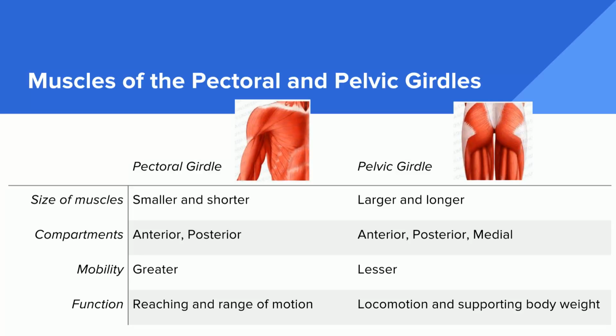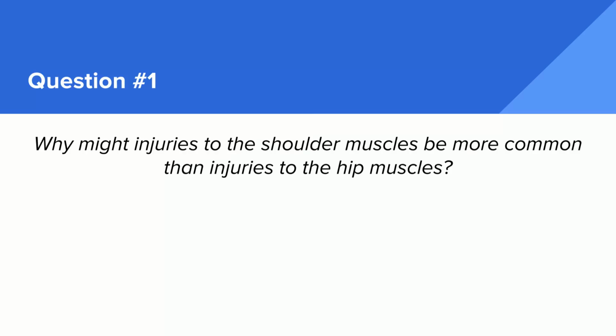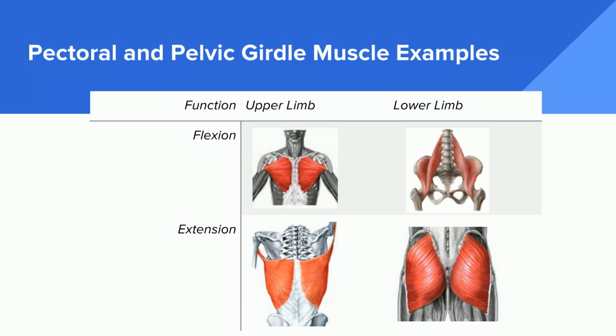This allows for more reaching and range of motion in the upper body, where the lower body supports the body weight and allows for locomotion. This gets into our first question: why might injuries to the shoulder muscles be more common than injuries to the hip muscles? Continuing on with the pelvic versus pectoral girdle, we see that flexion is caused by the pectoralis major